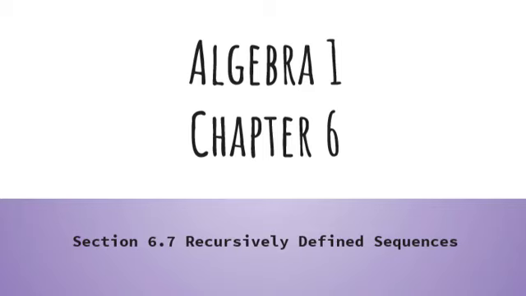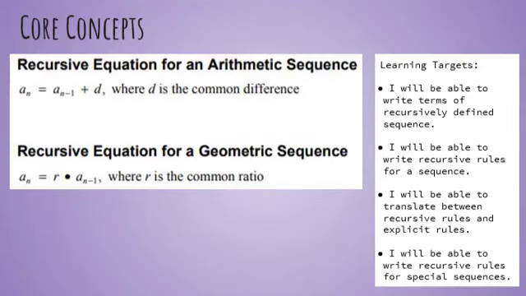Section 6.7 is on recursively defined sequences. Your learning targets are that you will be able to write terms of recursively defined sequences. You will be able to write recursive rules for a sequence. You will be able to translate between recursive and explicit rules, and you will be able to write recursive rules